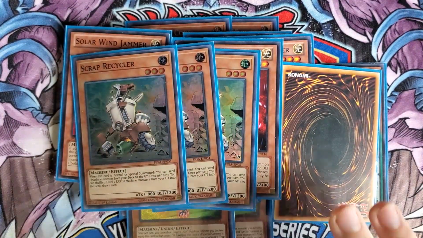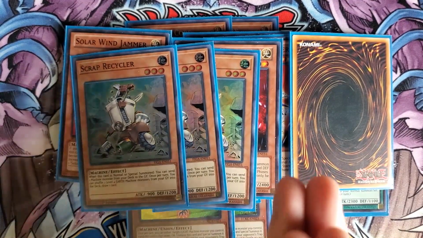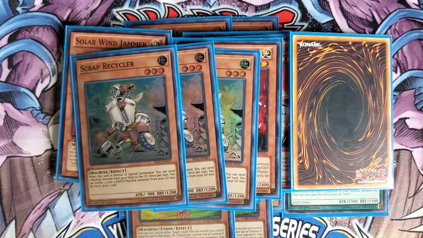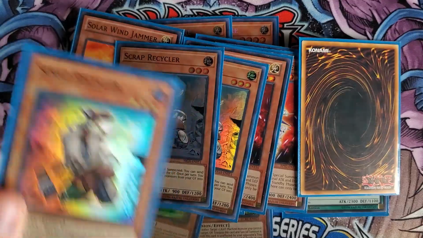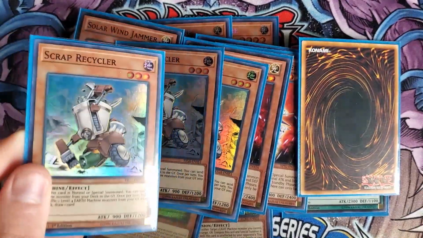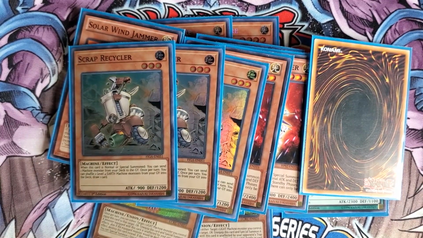So these are the new cards that I had been testing for a long time, and I finally put into action at this event. There are some really cool combos with Scrap Recycler, but more importantly, this is the card that you can search. Opening Scrap Recycler is good because Scrap Recycler is a starter card. This card can get you to Buster, but it's an Earth Machine, meaning it's searchable off of Infinitrack River